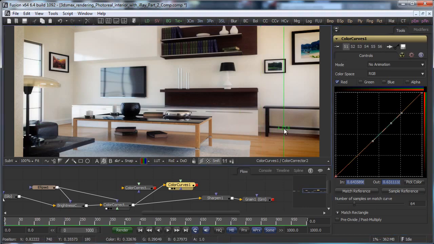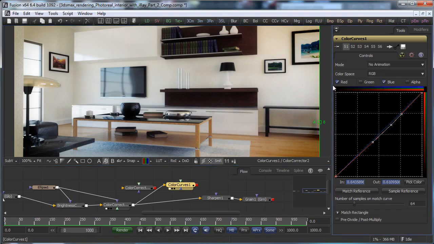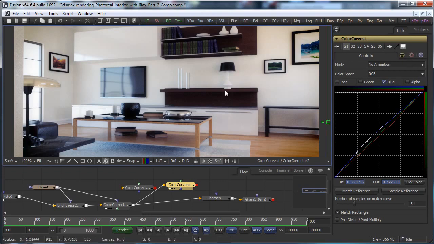Okay, so you see, I'm just removing still a little bit of red. Okay, let's see the blue. We have a little bit more blue inside. Okay,